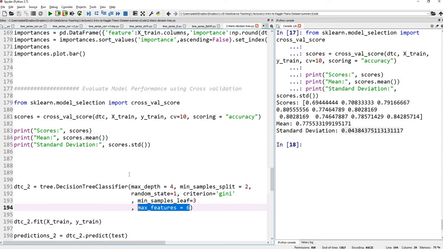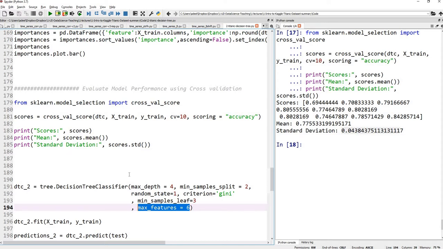So one way is you can use smart guessing and hit and trial to see what is the best combination. But that can be tedious, right? But it's always a good practice to do that. And the way I got the best values of a lot of these parameters was to first do smart guessing with a combination of some hit and trial. But it's always good to monkey around with these parameters and see what